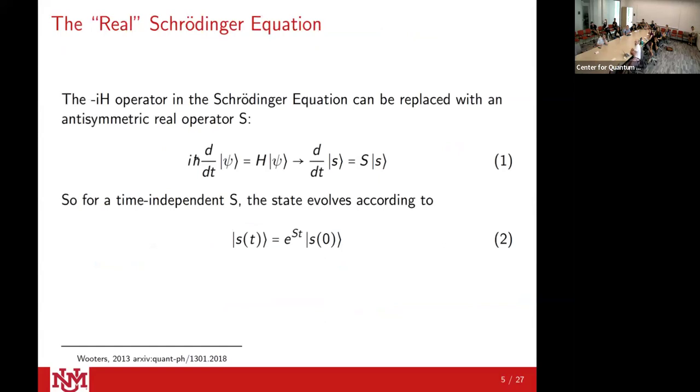And the first thing you might think is, wait, how are we going to actually time evolve these systems? Because the Schrodinger equation from regular old quantum mechanics has this i sitting there. It's going to rotate your system around in a complex space. Turns out you can sort of cheat a little bit, by replacing your iH with an anti-symmetric matrix S, which Wooters is using, S as a credit to Stueckelberg, who I believe is one of the first people to have really thought about real vector quantum theory. And then your state's just going to evolve according to e to the St. We've all solved this differential equation before, I hope.